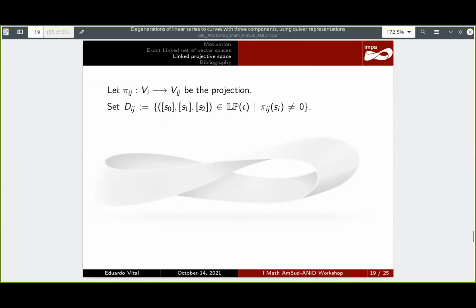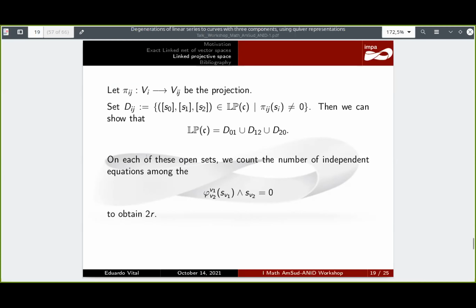So when you consider the projection Pij from Vi to Vij, you define the open set Dij as the points of Euclid C, where C here is the linked net with support on the triangular quiver, and Pij of Si is non-zero. You can verify that you can cover Euclid C with the union of these open sets. And for each of these open sets, we count the number of independent equations among the defining ones of LPC to obtain 2R. All right, so that is what we wanted,